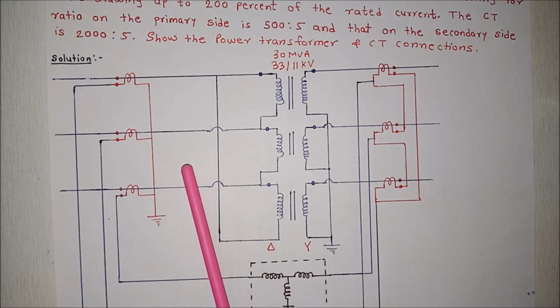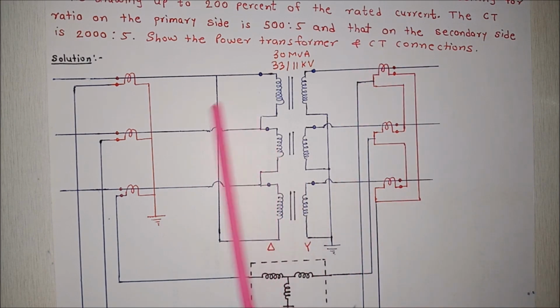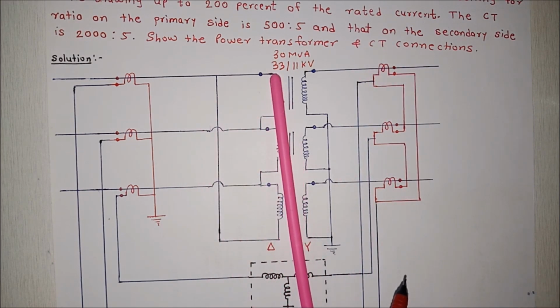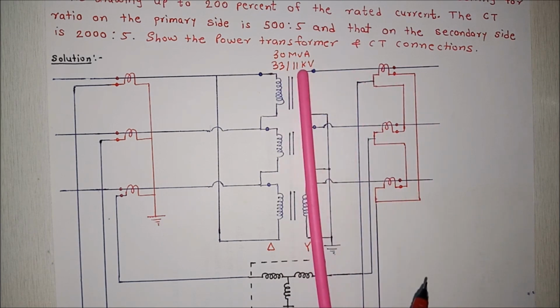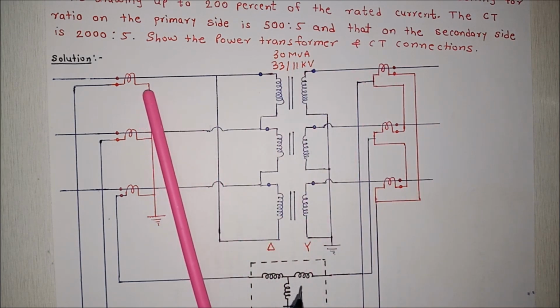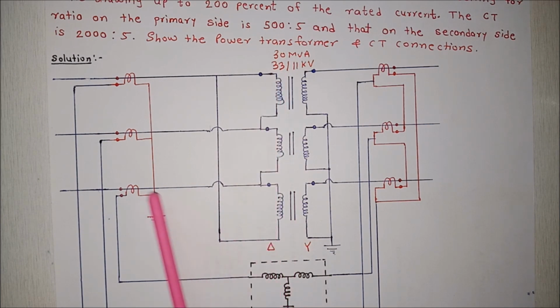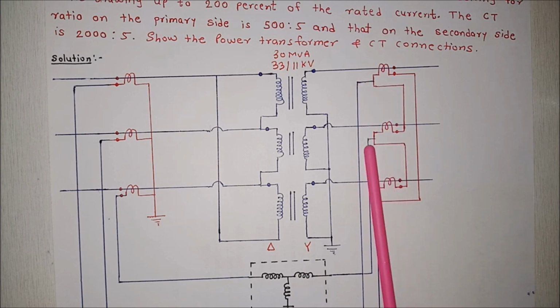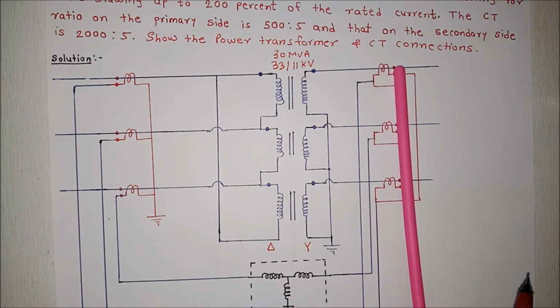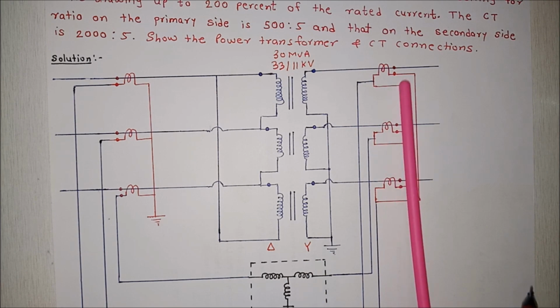Now we will require 6 CTs, 3 CTs on the HV side and 3 CTs on the LV side. Now remember this side will be HV in our case because this is 33 kV, and this side will be LV as it is 11 kV. Now this side is connected in delta, therefore these CTs should be connected in star. As you can see there is one common point, okay, which is connected to ground. So these are connected in star, and these CTs should be connected in delta as this side is connected in star. Therefore these are indicated in the delta fashion. Here also dot conventions are shown for all the CTs.